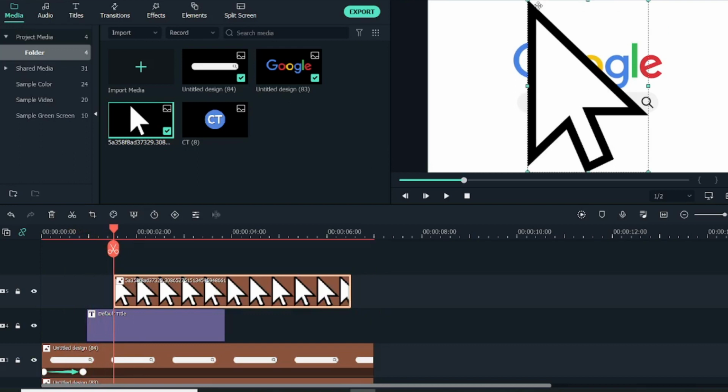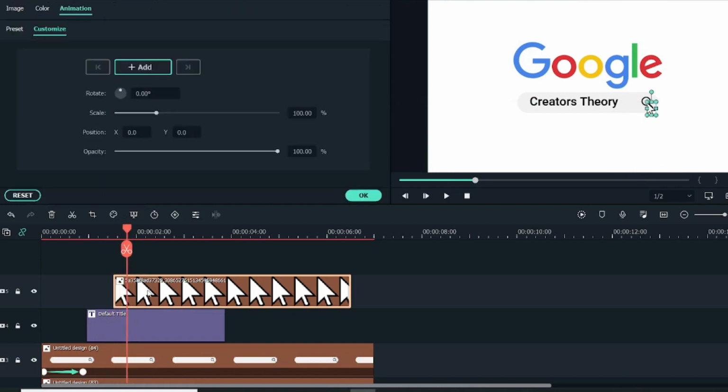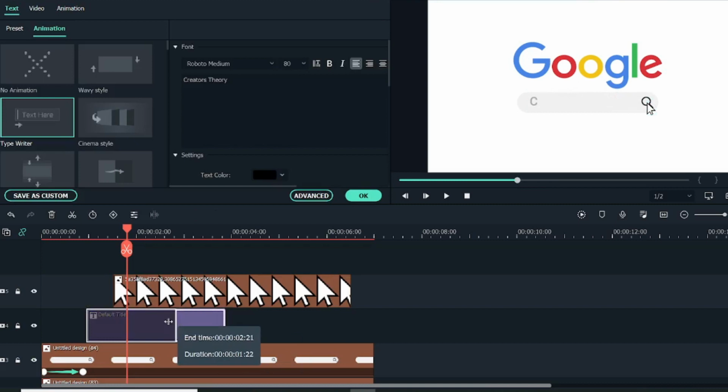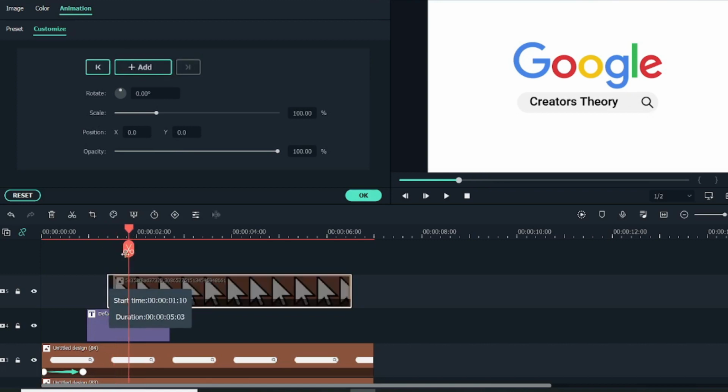And so as you can see, this arrow, let me just bring down the size of it. I will hover it over here. I will go a few frames ahead, maybe over here. Again I will double click, let me decrease this size. I will double click on add, and click on add over here, and we'll go back into the first frame, maybe increase the size a little bit,